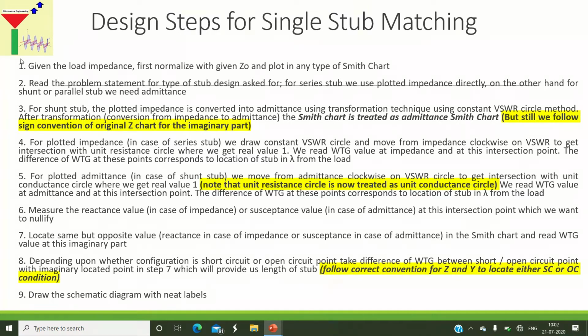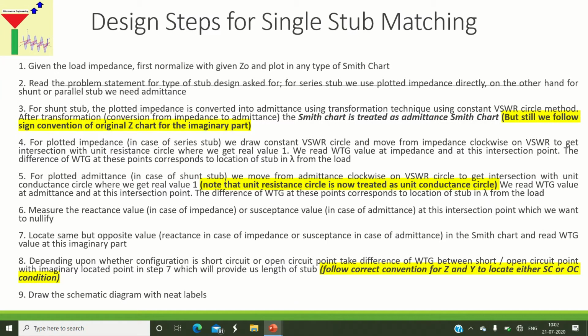So in the meanwhile, what I will do is first read out this design step for you. Okay. So if you are noting down all these steps, it will be better for you. Anyway, this video lecture will be available to you. You can refer to it any time and you can jot down quickly